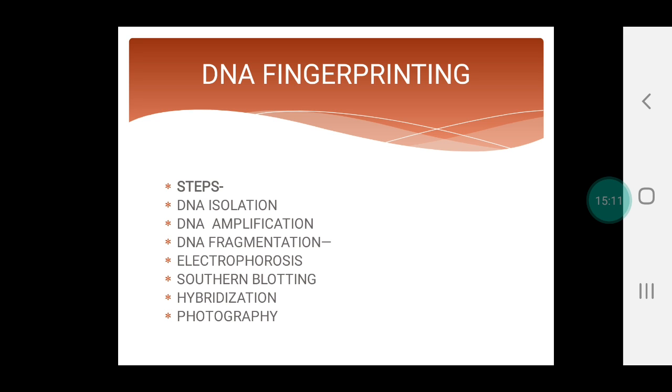So restriction endonucleases have a unique quality to cut DNA at a specific point, and this phenomenon is also called restriction fragment length polymorphism, that is RFLP, and this process is called restriction digestion. Now this DNA fragmentation